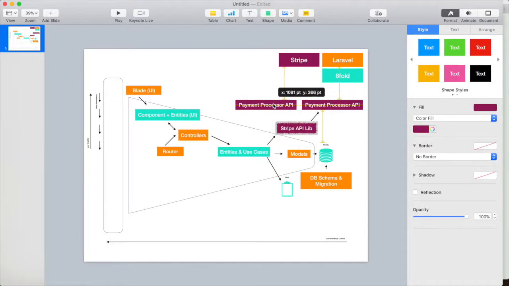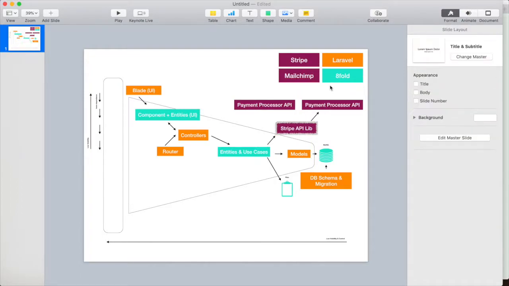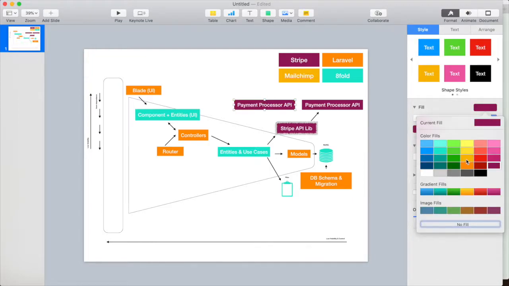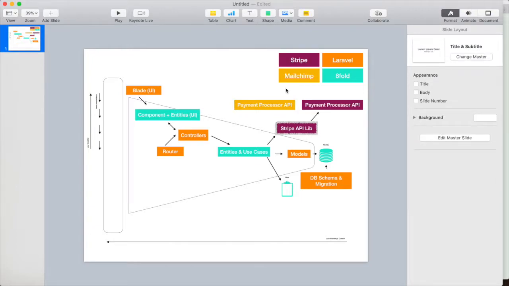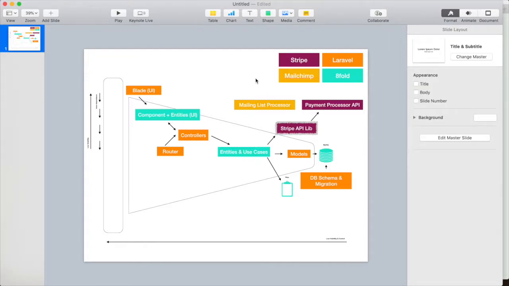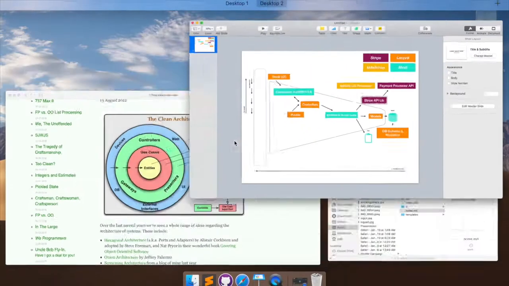Now then, the other thing we have is another one that you're probably shocked about, which is MailChimp. Right, and so MailChimp, I just want the color, I don't want the font size. Thank you. So MailChimp is a mailing list processor, though they've started to branch out quite a bit. So there is that. I can't remember